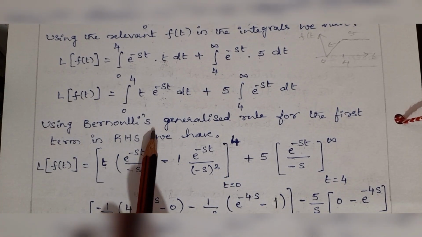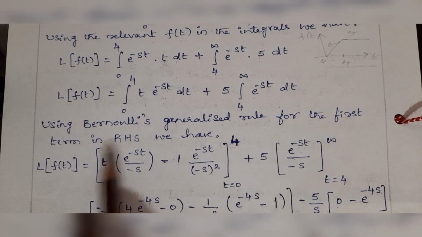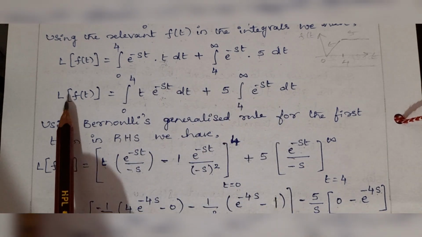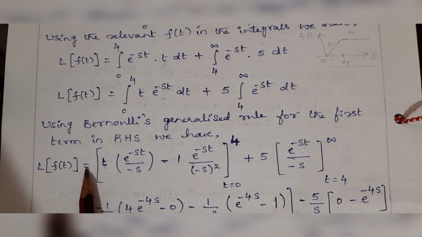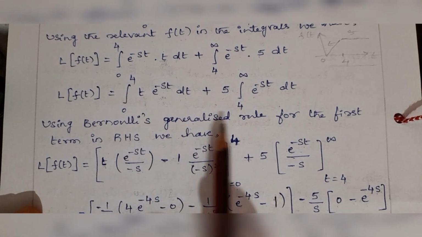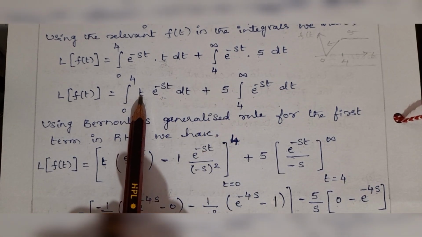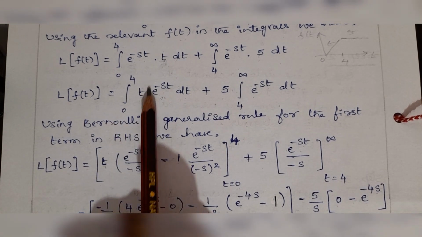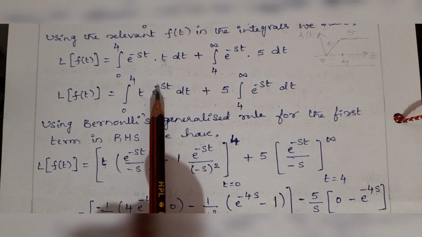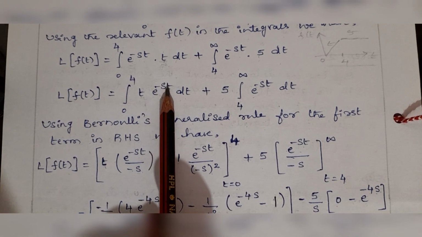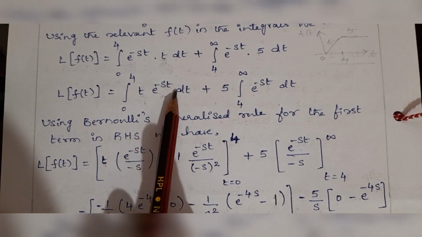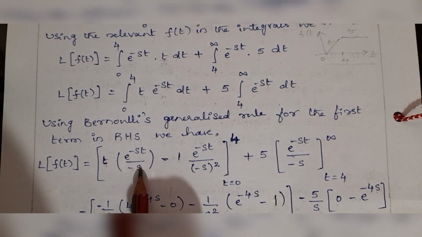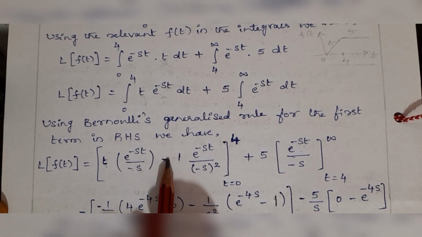Using Bernoulli's generalized rule for the first term in the RHS, we have the LHS as it is. With Bernoulli's generalized rule, the first function is written as it is. Take the integral of the second function. The integral of e power of minus st is e power of minus st divided by minus s. Next, minus